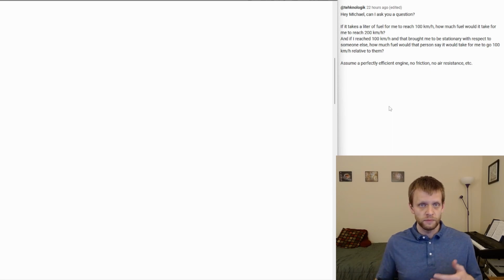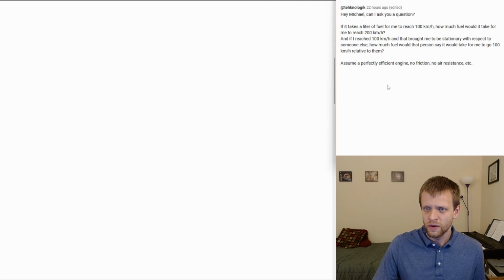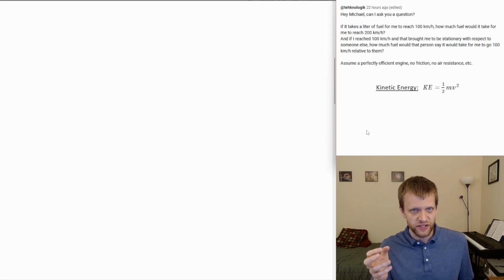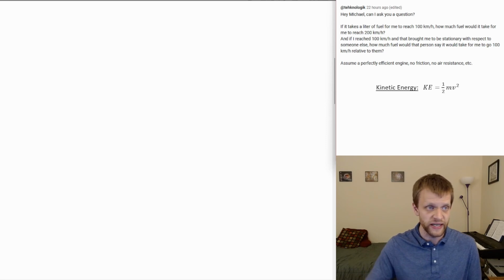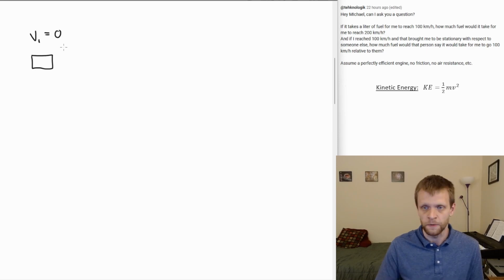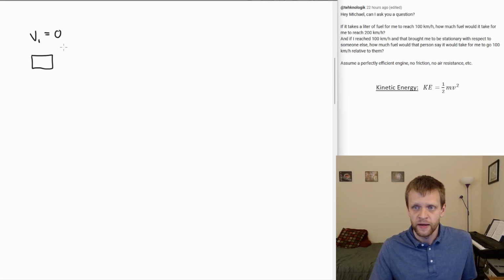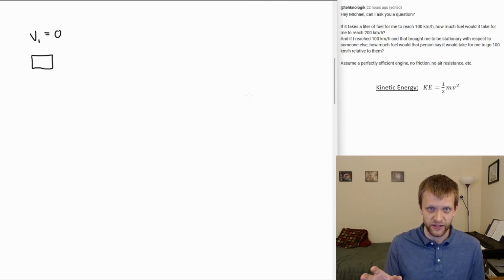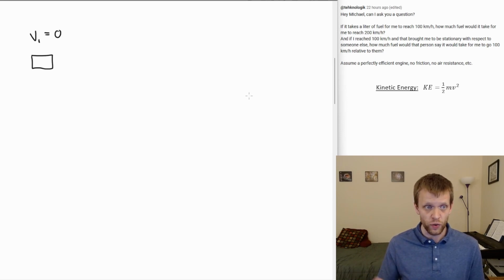Okay. So let's start by looking at how we might try to apply kinetic energy to this and the apparent contradiction that we seem to get. So let's say I start just with an object at rest. So my initial velocity, I'm going to say this is state number 1, my velocity is 0. Now, for ease of calculation, instead of going from 100 kilometers an hour to 200 kilometers an hour, I'm just going to change that to 10 meters per second to 20 meters per second. It's the exact same kind of system. It's the same apparent contradiction that comes up. It's just going to make the math a little bit easier to work with.